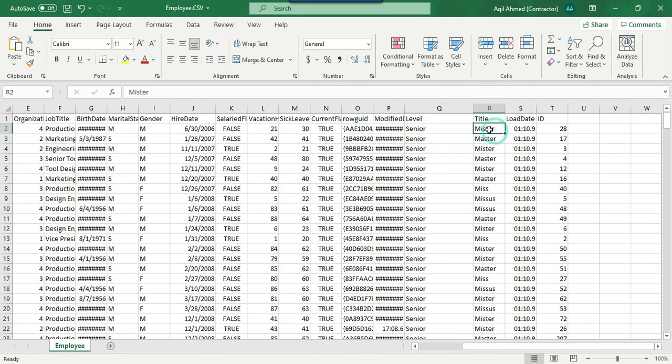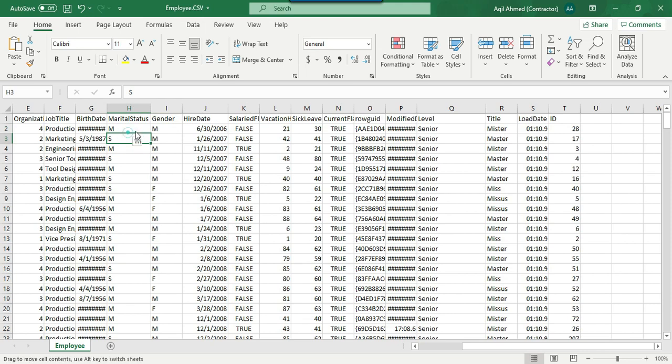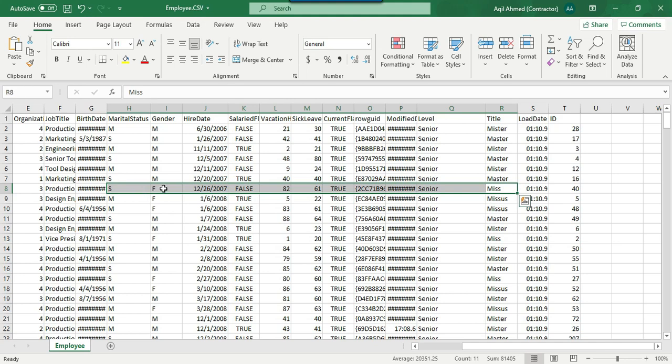Now similarly, if you check the title field, if a person is male and the marital status is married, then it will be called Mr. Suppose if a gender is male and the marital status is single, then it will be called Master. Similarly, if a person is female and single, then it will be called Miss.